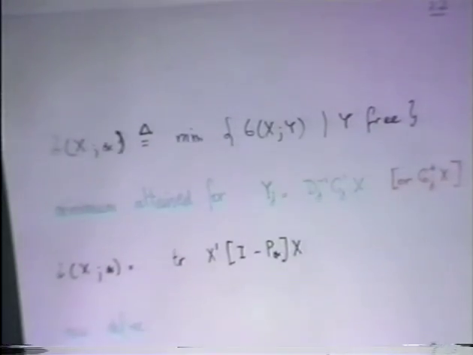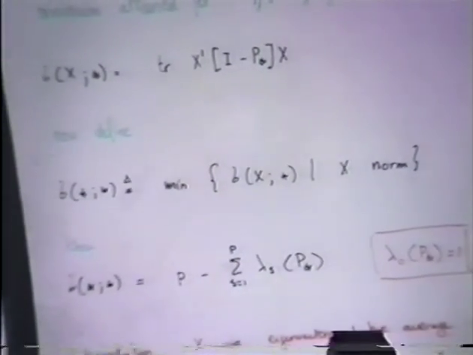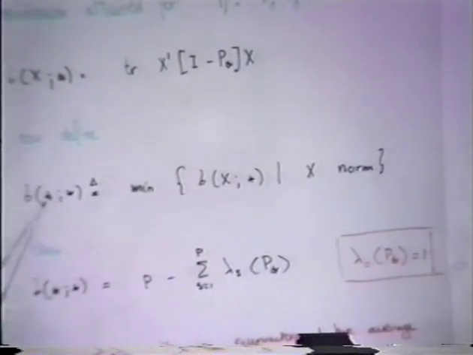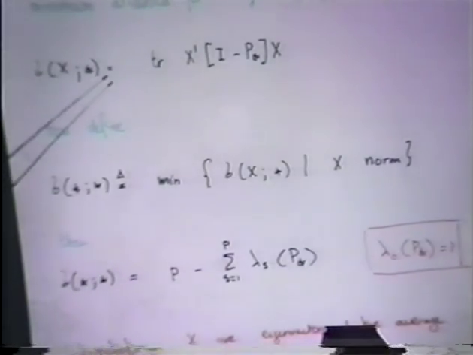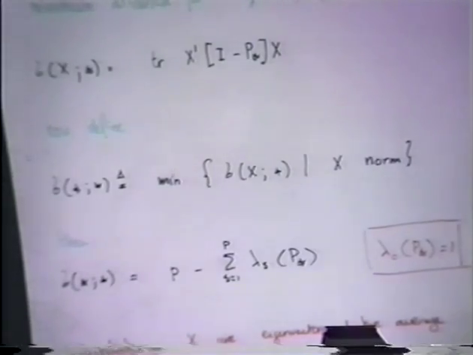Now we go from here to here. We now define sigma star star. The star is simply that I replace a variable over which we minimize. You replace that variable by star because it does not play any part in subsequent calculations. You've minimized it out. Now, sigma star star is defined as the minimum of the thing we have here, which we obtained by minimizing out y. But now we minimize with the normalization conditions on x. Remember, the normalization conditions were basically that x was orthogonal and standard